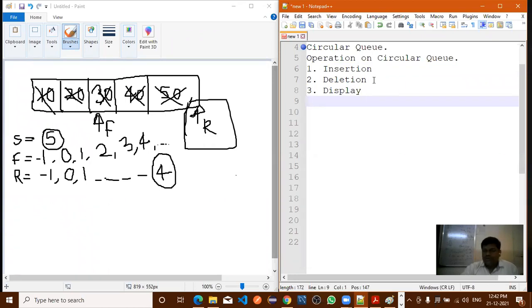Insertion means enqueue and deletion means dequeue. The third operation is displaying the available elements. So we are doing these three operations.